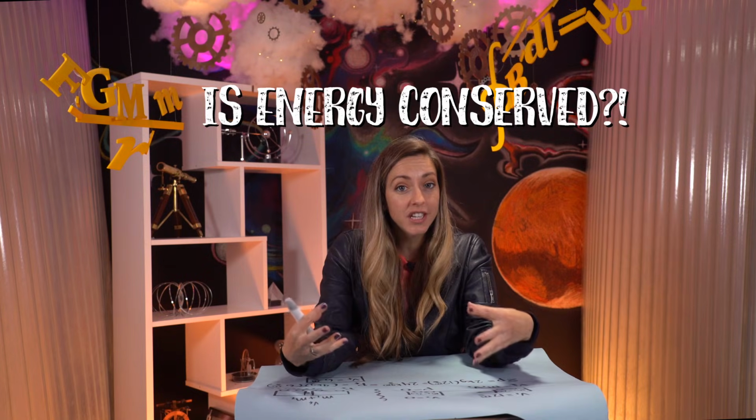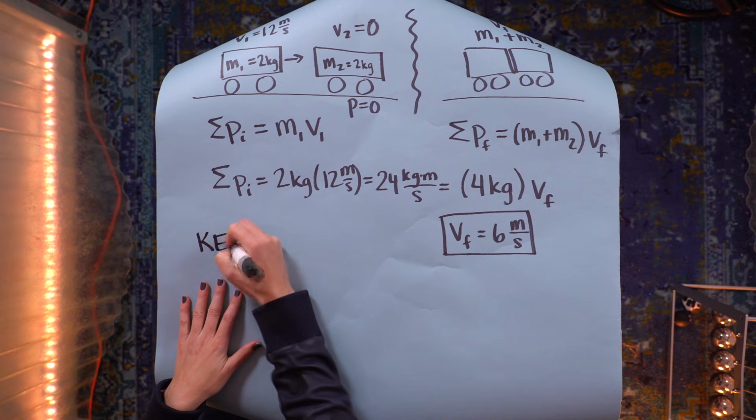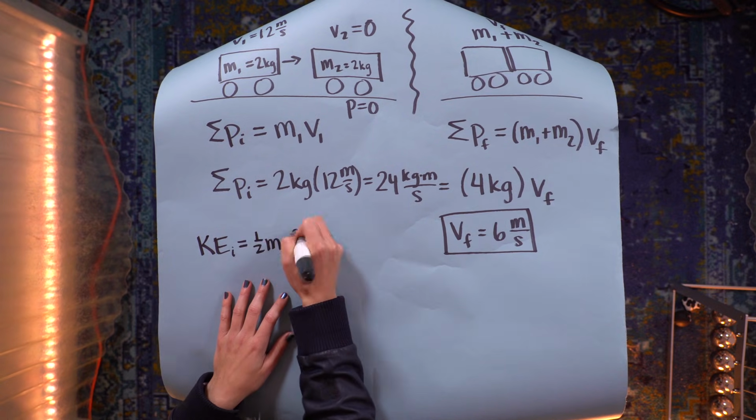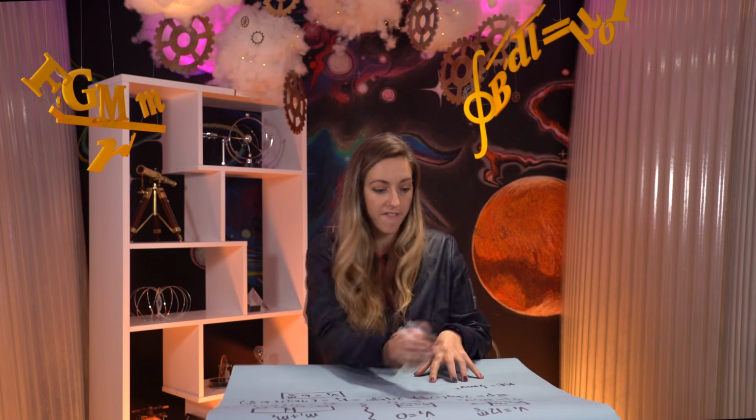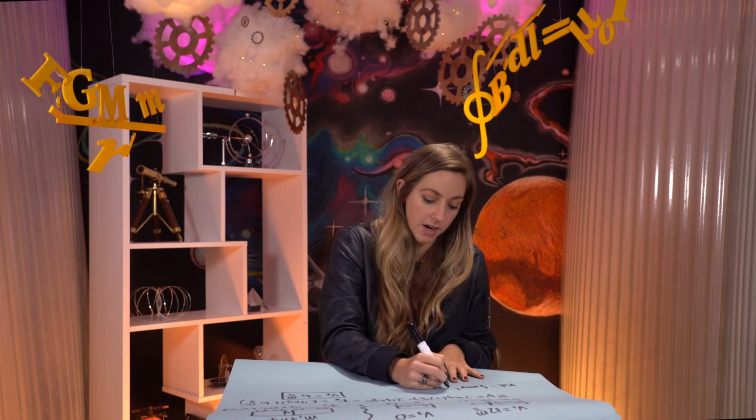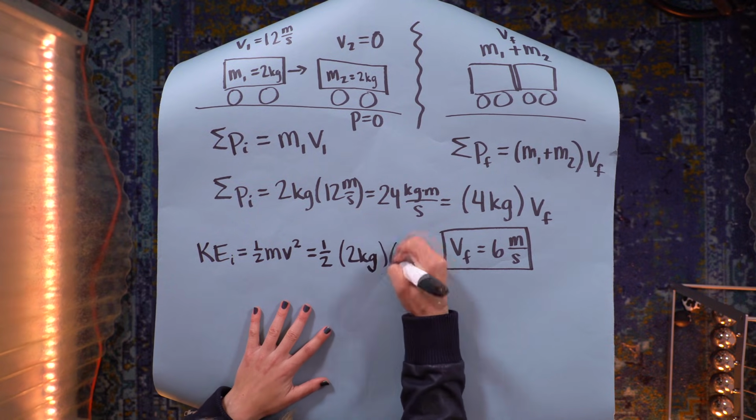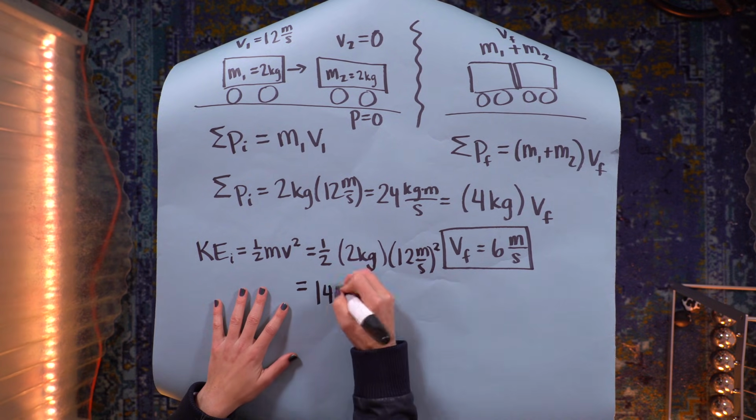But what about conservation of energy? Is kinetic energy conserved in our system here? Surprisingly, no. Let's see why by working out the math. Let's calculate the energies before and after the collision. Kinetic energy is 1/2 mv squared. Before the collision, only the first car is moving, so the total energy is 1/2 m1 v1 squared, which is 1/2 times 2 kilograms times (12 meters per second) squared, which works out to 144